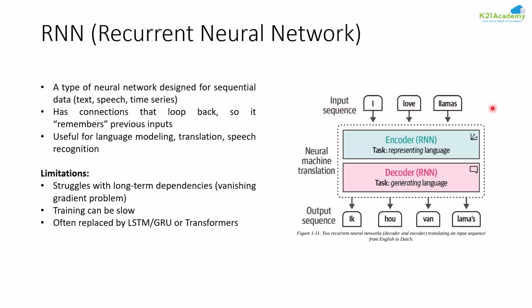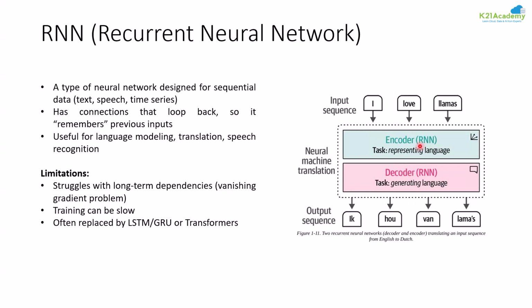Another thing that we need to understand about recurrent neural network, let me just take this sentence. There is a sentence called I love llamas. Now I want to convert this sentence into maybe Dutch. If I want to convert it into Dutch, this is how it should work: Ik, hou van, llamas. Wherein actually love is a two-word representation in Dutch. It's not just one word representation. Maybe I want to do this kind of translation.